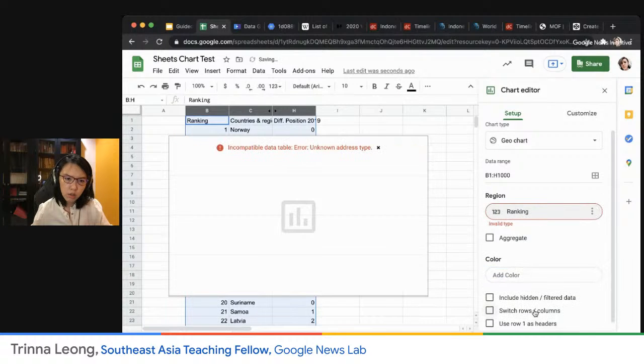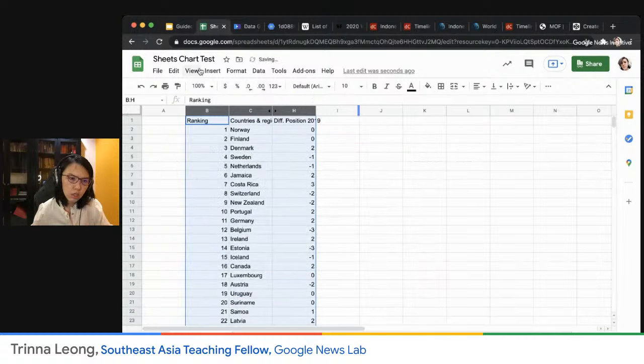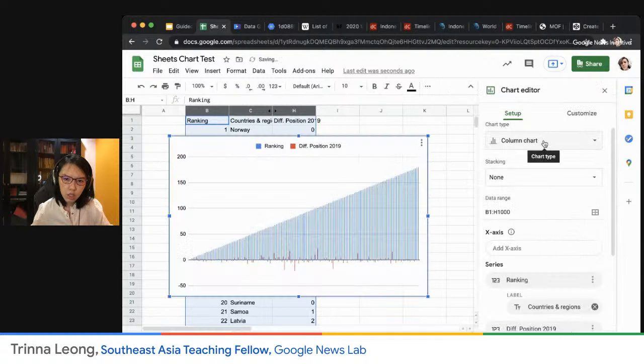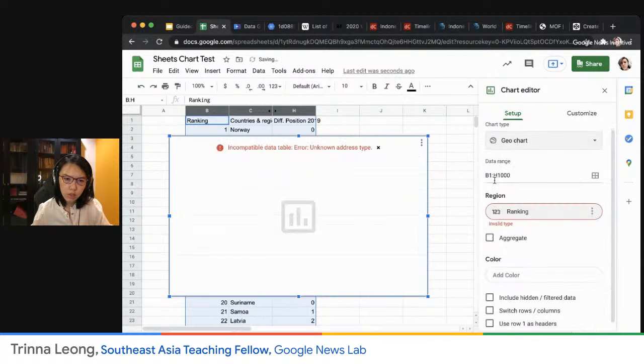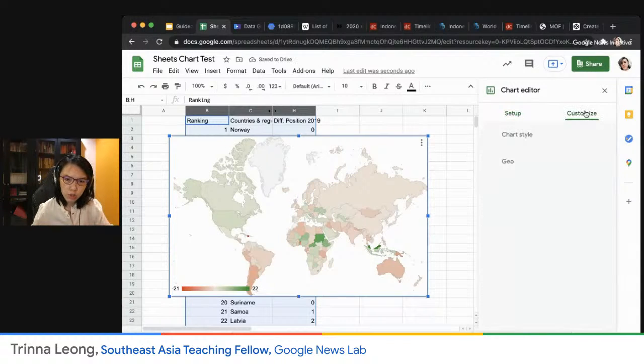Hold on. I'm not sure what I ended up clicking. Sorry, let me do this again. Apologies. Delete chart. There. I think I clicked too fast. Okay, hang on. There you go, change this to countries and region. And you can actually also change the colors by going to customize and then click on,